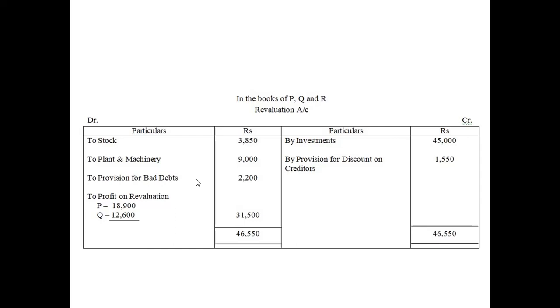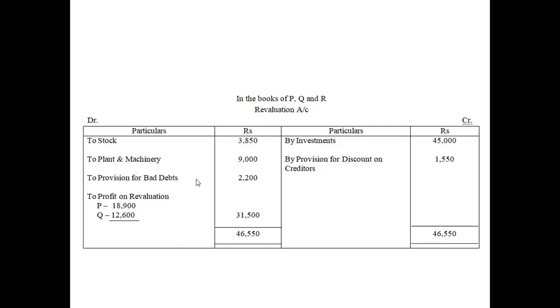Okay. Now make a provision of 5% for bad and doubtful debts on debtors. So the amount of debtors is 44,000. Its 5% will be how much? 2,200 rupees. Okay, so you are creating a provision for the first time. So provision is a liability. So the liability is increasing.